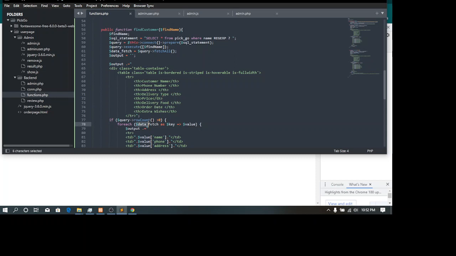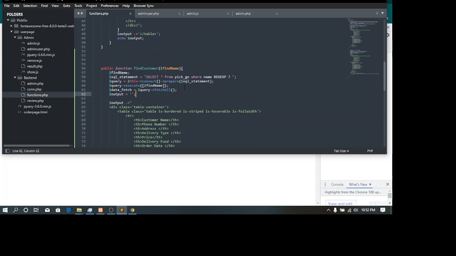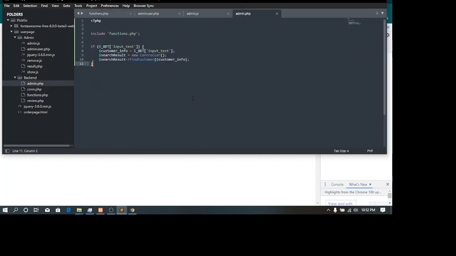We have the data fetch because the query here goes to the query there, and the customer info.